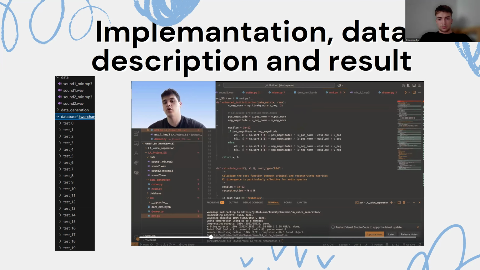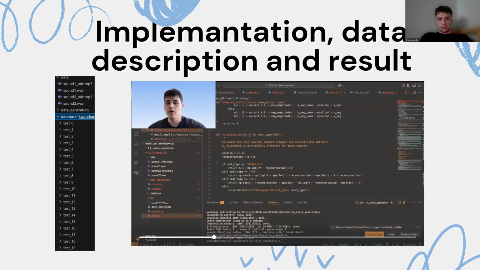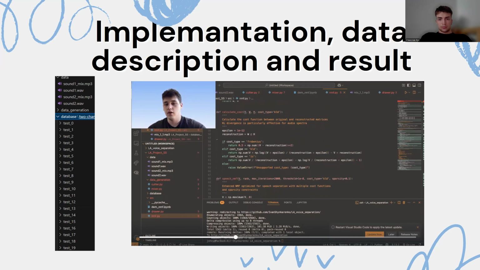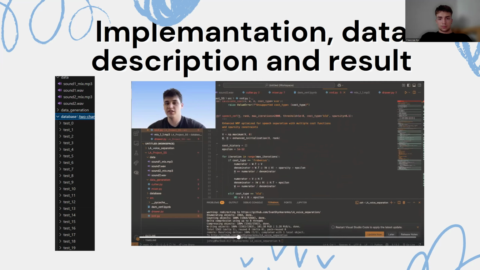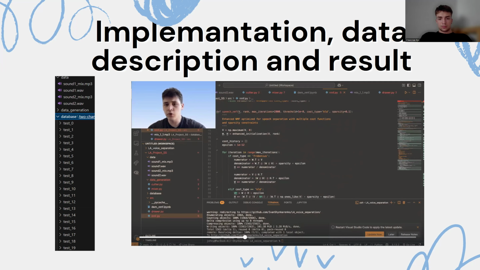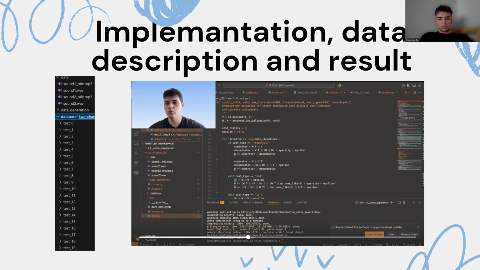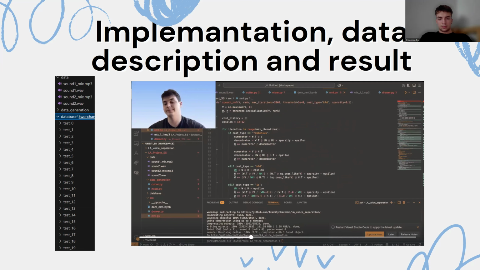Then here is the cost calculation. We support three cost functions. The first one is Frobenius. The second one is KLD, which stands for Kullback-Leibler, which is popular for audio magnitude spectra, and IS, which stands for Itakura-Saito. Okay, here is our non-negative matrix factorization. Firstly, we check in our loop which function we are dealing with, Frobenius, KLD, or IS.